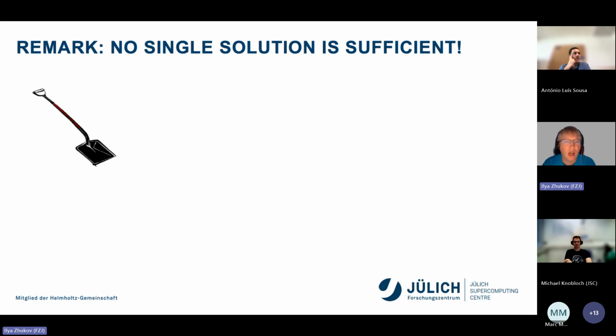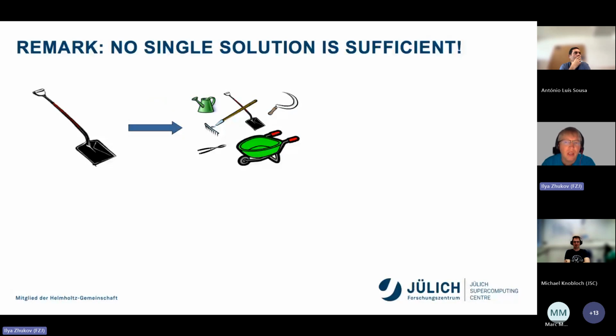For example, you have a garden and you would like to dig a hole or clear the snow from your garden. Then you will probably use a spade, but there is not much else you can do with a spade. Especially if you want to take care of your bushes, of your garden, you would need multiple small, tiny tools like this for gardening.